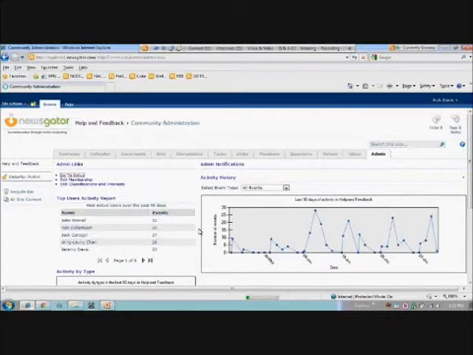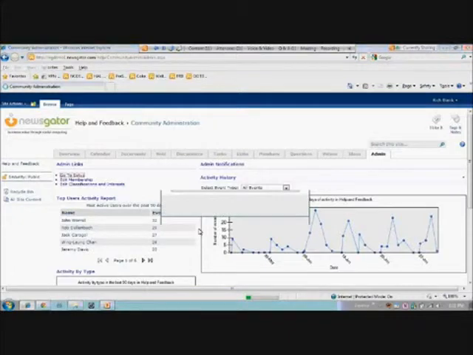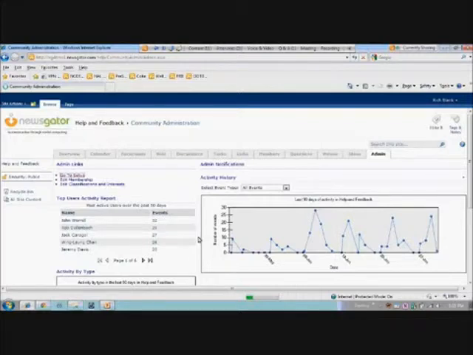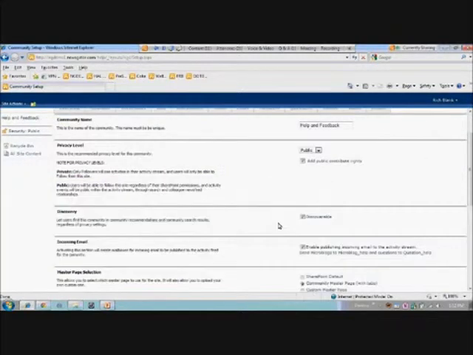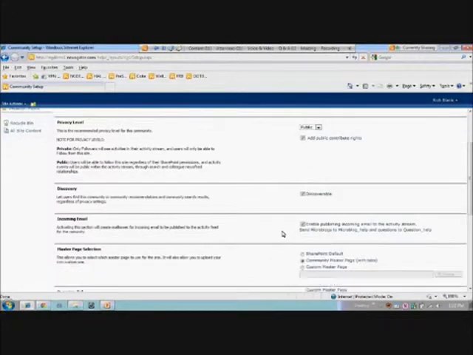I can make this a private community, where the activities are only available to those individuals who follow the community, or I can make it public, where these activities become part of the public microblog space effectively. So there are public and privacy settings, and permissions and security. Obviously, this is a SharePoint site, right? The users still need SharePoint permissions to get at this community. And you can see I can change the name. I can make it discoverable or undiscoverable, where it doesn't show up inside the community directory.